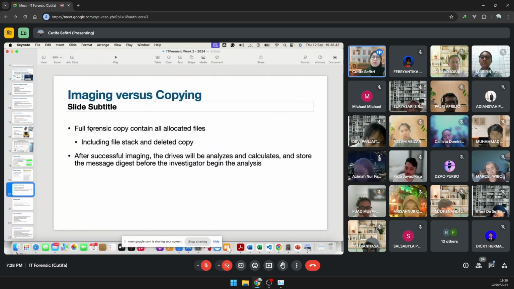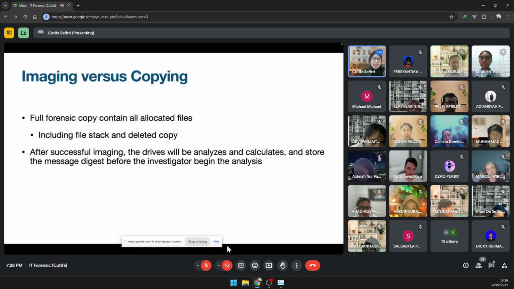So this is what I wanted to highlight before we go on. Imaging is not copying. Doing a live imaging is not a copy. If, for example, I have 8 gigabytes of SanDisk here and I place a photo on it, maybe the biggest photo is only 10 or 15 megabytes, one picture.